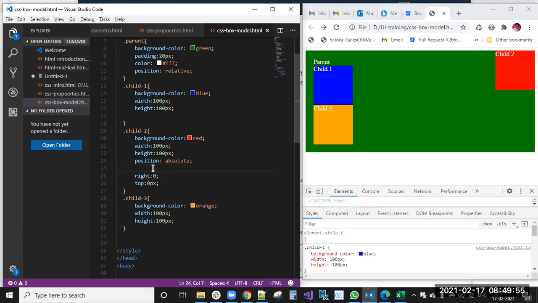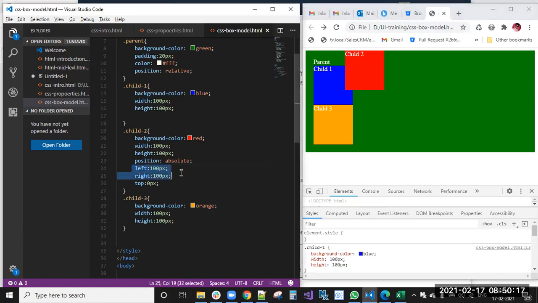And left 100 pixels and right 100 pixels. Now you can see where it will go. From left 100 pixels it moved. Right 100 pixels, because only one of them it will follow.